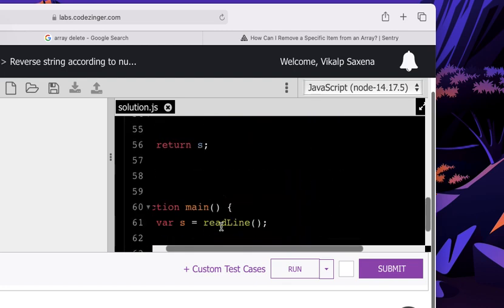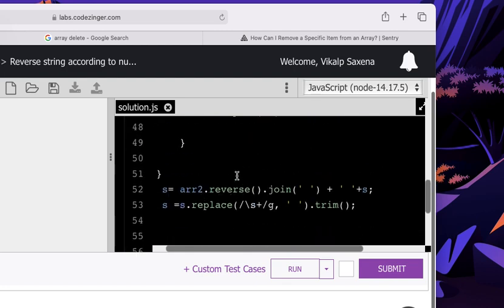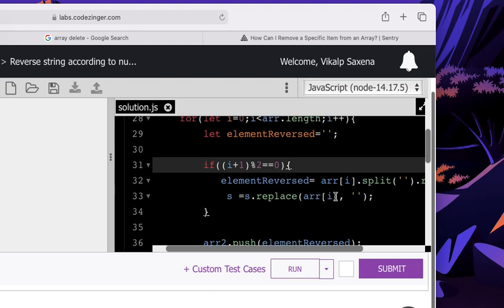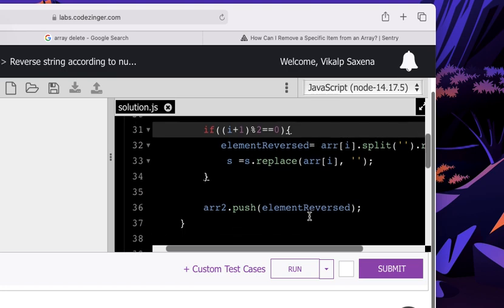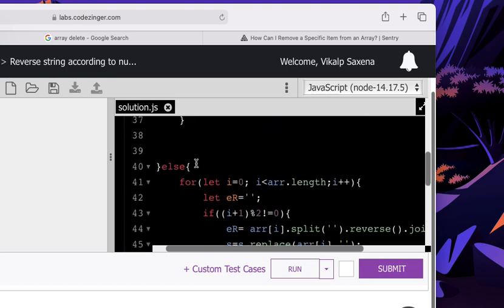So I have reversed that array, joined it, and s is replaced with s dot replace array element, replacing every reversed element with an empty string. Similarly I've done it for array dot length if